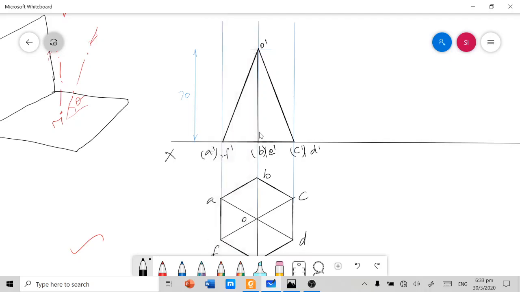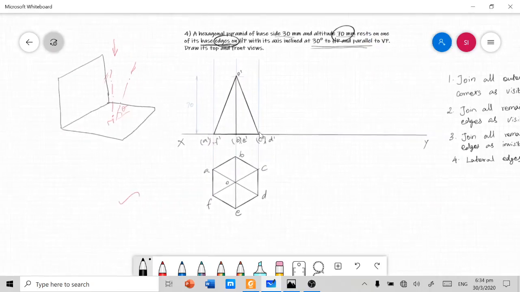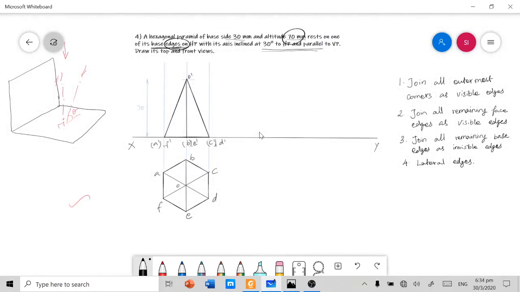Yes. So this is nothing but the lateral view of the solid. We just drew the simple projection of the solid. And now we need to consider the axis inclination 30 degree to HP by drawing the tilted view of this front view. Currently the axis is perpendicular to the XY line, but as per the problem statement, the axis should be 30 degree to HP. So we need to redraw this lateral view once again here by considering the axis inclination. For that, I need to draw the pilot line with the 30 degree inclination first.